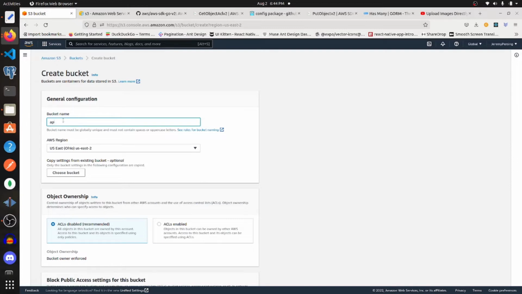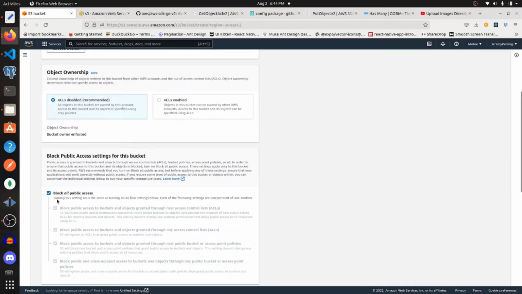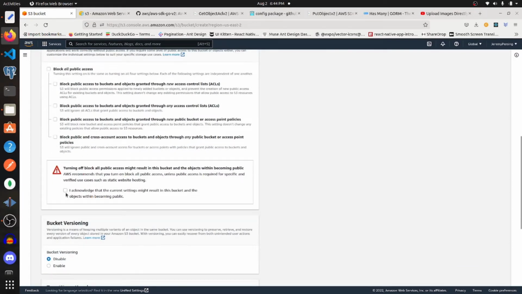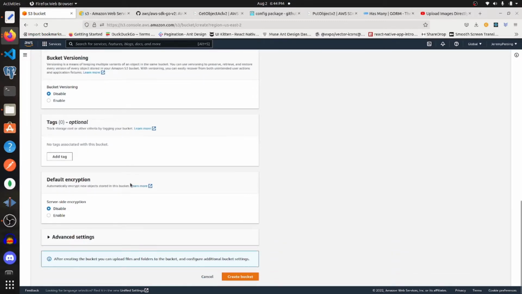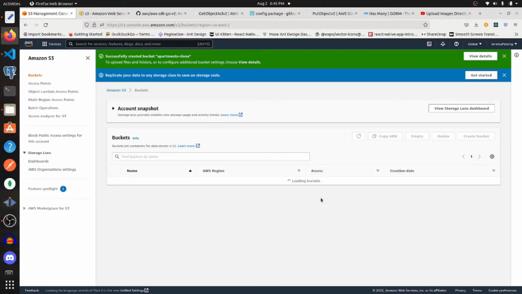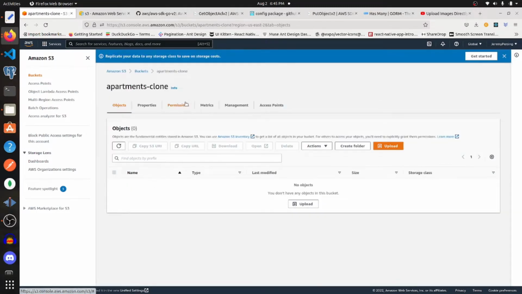So I'm going to call this apartments-clone and see if that is actually available. Here we are just going to uncheck that, and that's going to mean that it's going to be public. And then go ahead and create the bucket. Now click into your bucket once it's made. Then go to permissions